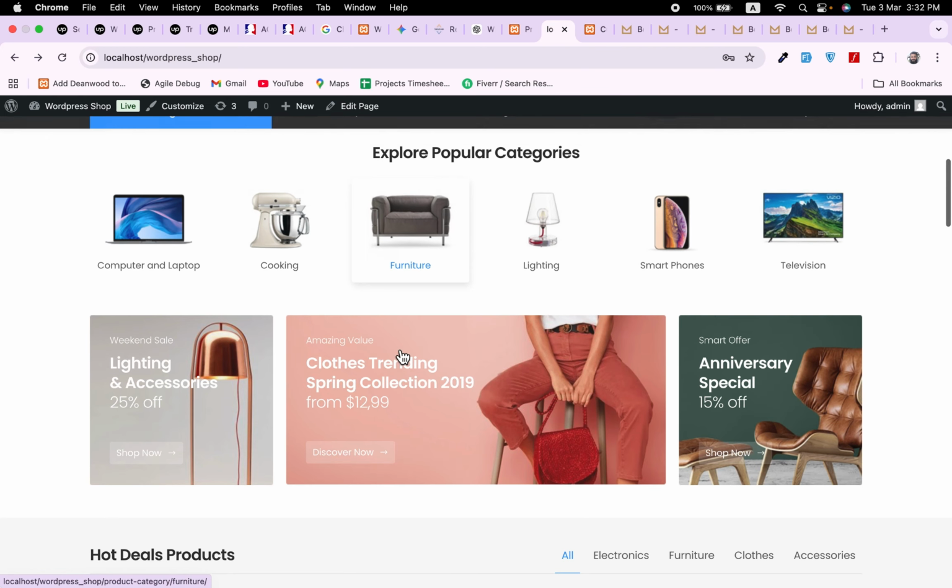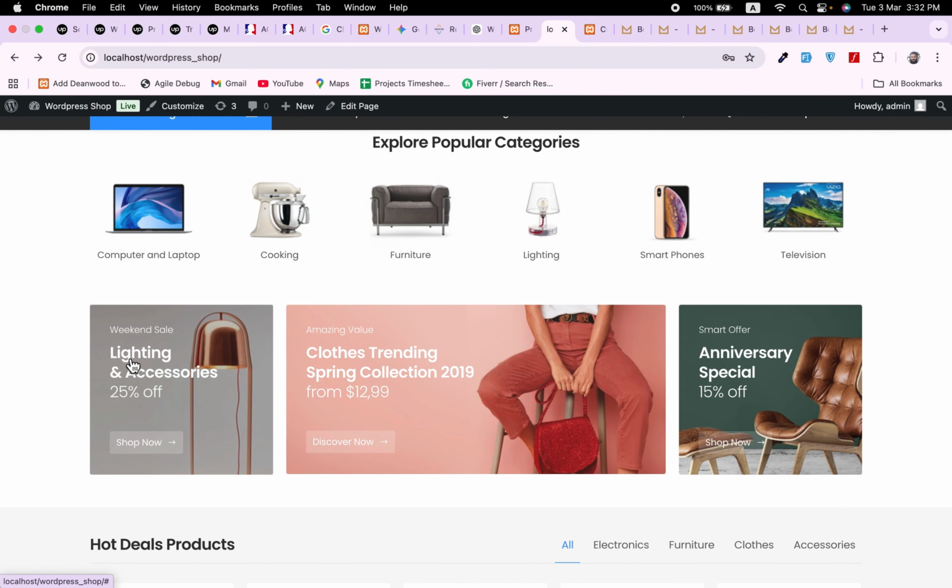After categories, we will add the customizer for these banners: weekend sale, amazing value, and smart offer. And each of them will have 1, 2, 3, and 4 fields, or let's say 5, because the shop now, discover now, shop now, these will also be changed. So let's just go to ChatGPT